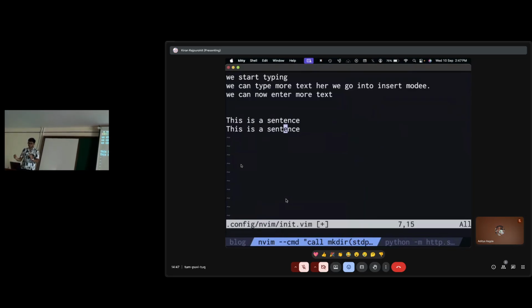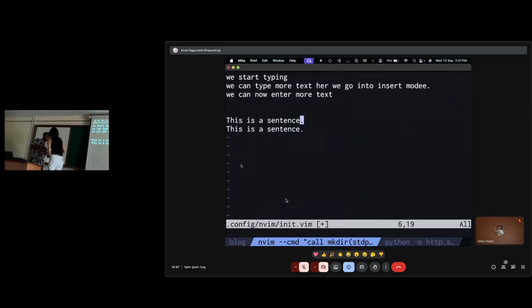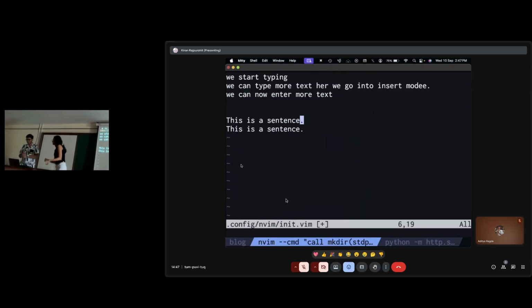So now we fix one typo. And then say go to the end of the sentence, press A, dot, insert full stop, go up, insert dot. Done?